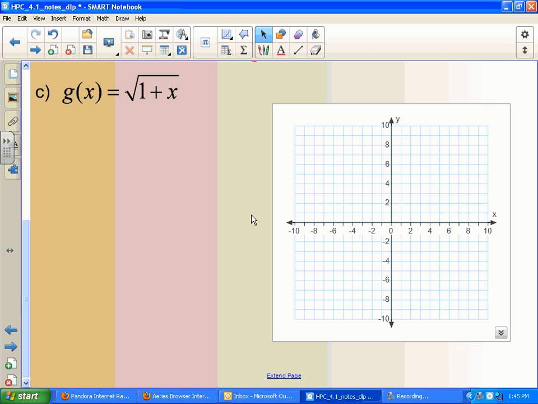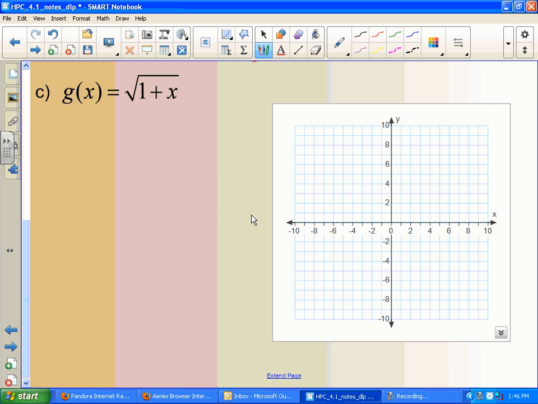Does anyone happen to remember the parent function of a radical? What that thing looks like? How much of it? Half of the sideways parabola, exactly. So this is called the principal root. It's just positive like this. This is only the upper half of a sideways parabola. If that was negative square root of 1 plus x, I would be down on the lower side as a reflected half of the parabola. Yeah, good. So in terms of domain, though,